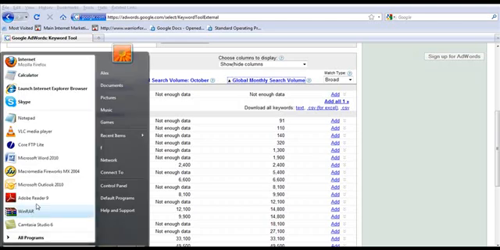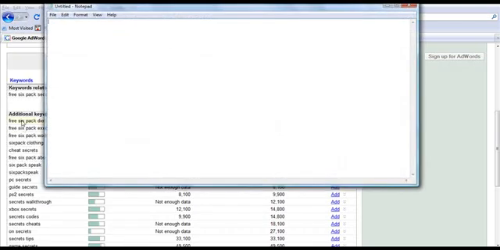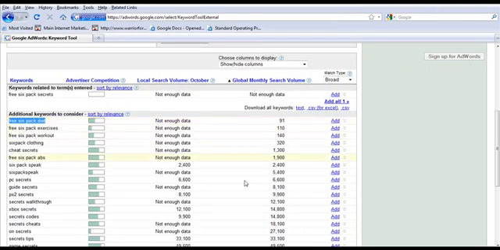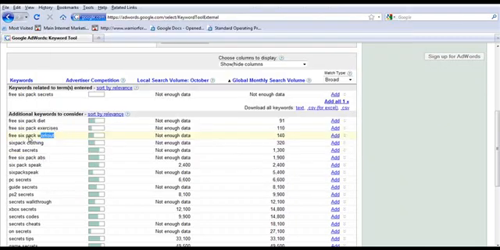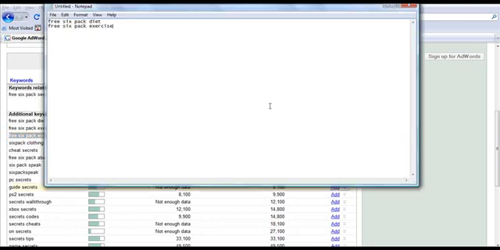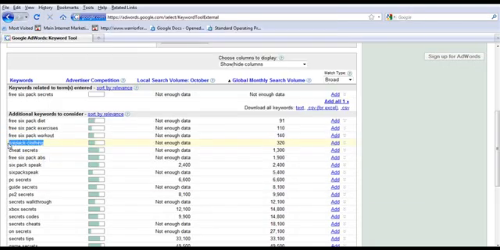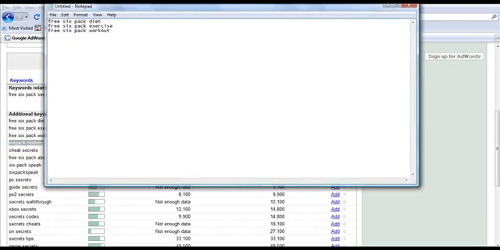I'm just going to open up a notepad file. So we have free 6-pack diet, and I'll copy these in. Free 6-pack exercises. What you can do, guys, I think you can export these to a notepad file, but I'm just going to do this for now. What you want to do is take 3 or 4, maybe 5 examples, free 6-pack workout, of keywords that surround your main keyword,